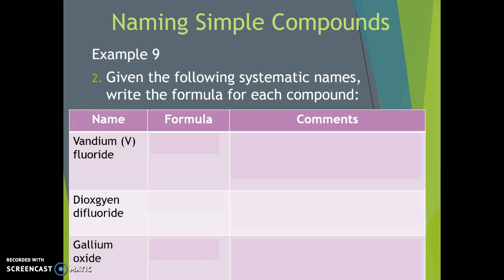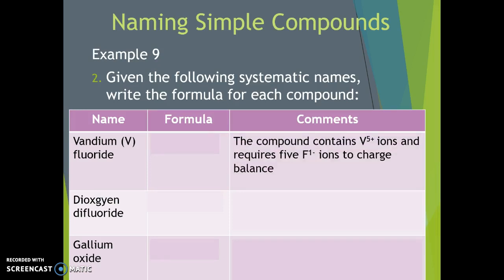Writing the formulas, the first one, the vanadium has a charge of +5 based on the Roman numeral. Fluorine is always -1, so we need 5 fluorines to balance the vanadium. Dioxygen difluoride, this is a covalent compound, and the prefix communicates there's 2 of each atom, so it would be